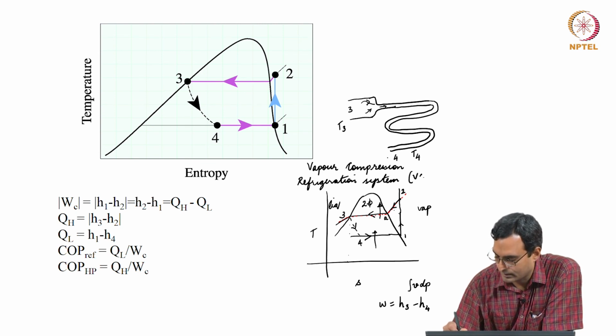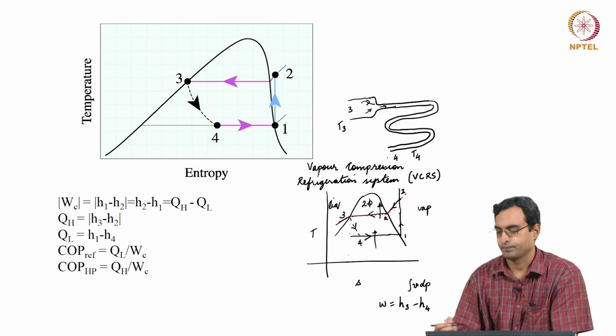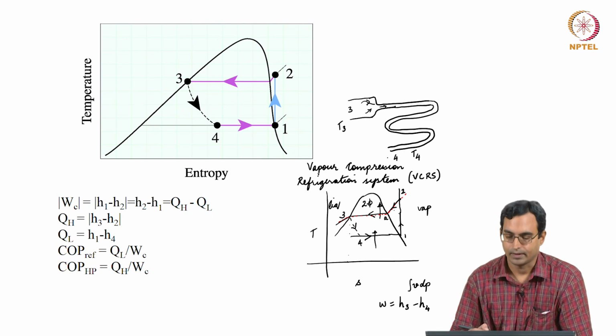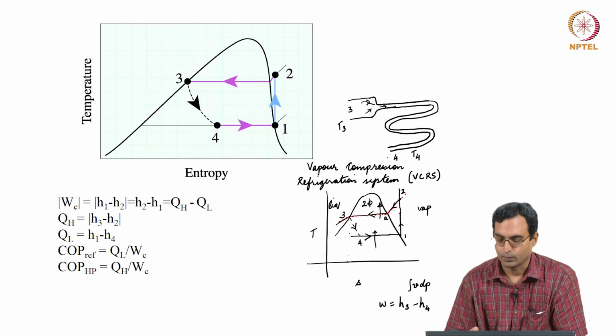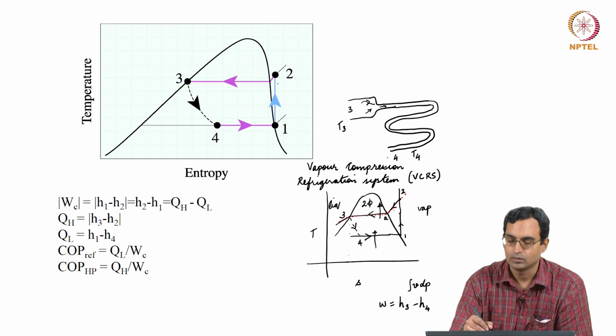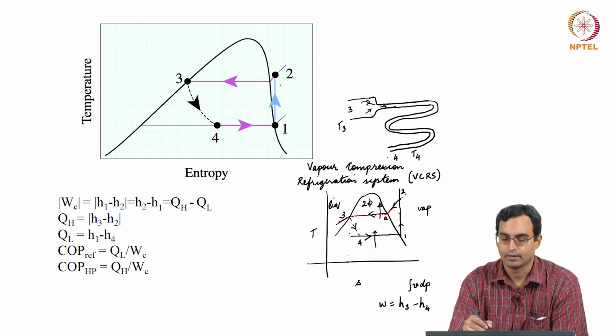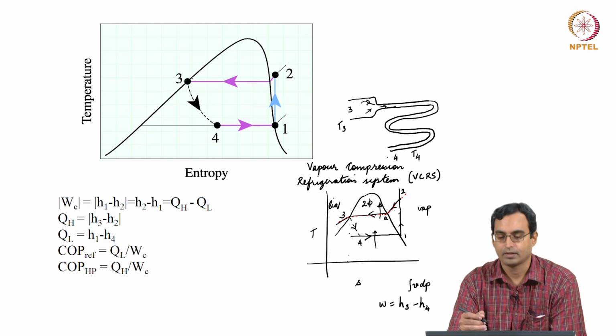Which is called VCRS in short, which gives us this cycle. So, the same cycle is drawn over here. So, we have 1 to 2, which is isentropic compression, 2 to 3, which is constant pressure heat rejection out